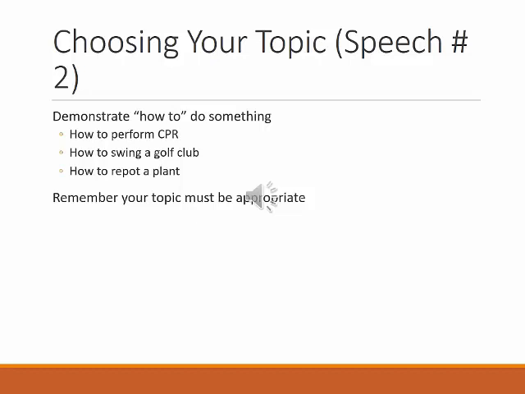So let's keep it to a PG-13. Clearly, it can't be anything that involves the use of weapons also. So I had a student one time wanted to demonstrate how to take apart and clean a gun and put it back together, and clearly we can't bring guns on campus, so that wasn't going to work. Also keep in mind the time frame once again, and check what the time frame is. You have to be able to demonstrate within the prescribed time frame for what you're going to do.